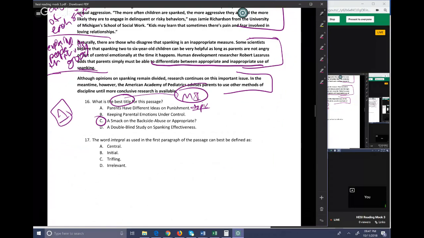D was just about a specific study, and the study is not part of the main idea in this case, so we don't want that in the main idea. And then B is way too general, and it's actually too general and too specific. It's just talking about their emotions in general as opposed to at the time of spanking a kid. But it's also from paragraph 3, a specific discussion that happened in a certain paragraph. We never want to title something for its topic, and we never want to title something for what one of its paragraphs was about.